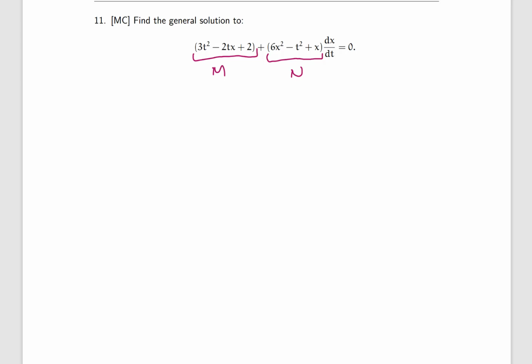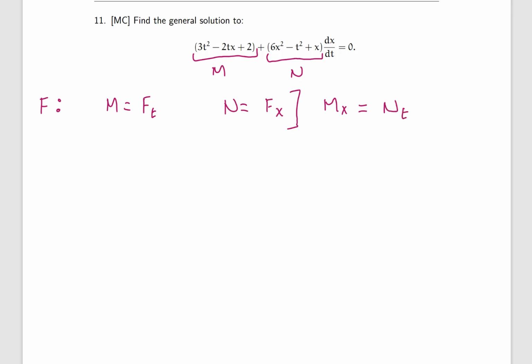and the idea is we want to know, is there some unknown function f that satisfies the following properties? M is equal to the derivative of f with respect to t, and N is equal to the derivative of f with respect to x. If there is such a function, we have a procedure to find it, and there is such a function if and only if the partial derivative of M with respect to x